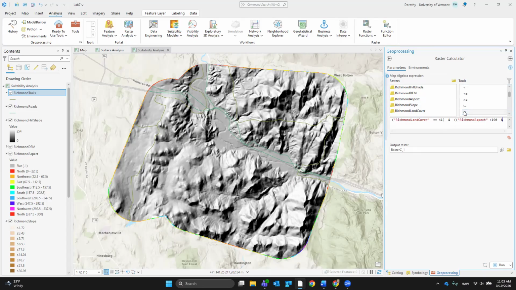And I gotta put a little parentheses right here. Aspect is less than 190 and greater than 170.